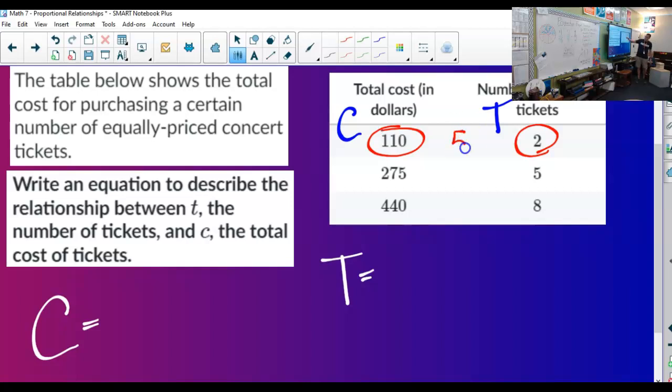So Owen got 55. Who found that 55 relationship here? Yeah. So if we're going this way, we could multiply. If we're going this way, we could. What'd you do with the 55? So if we set up the cost,